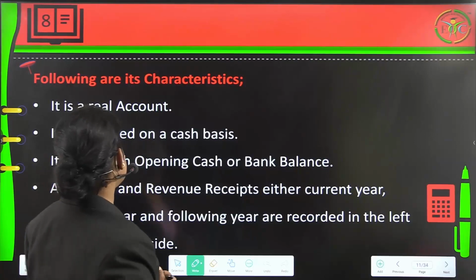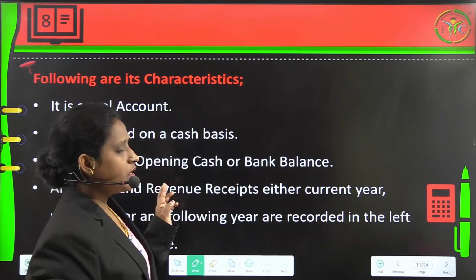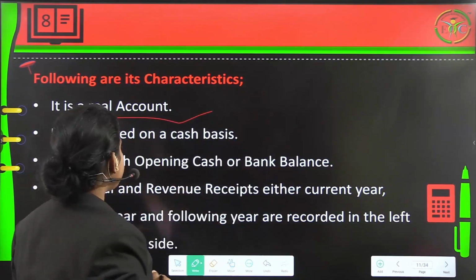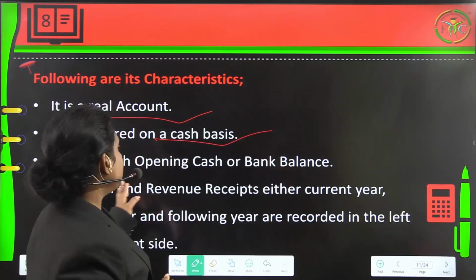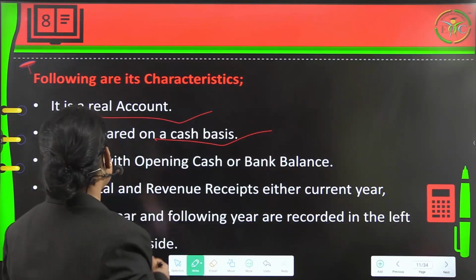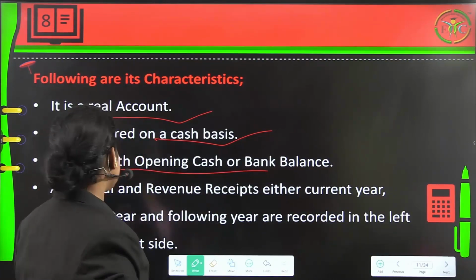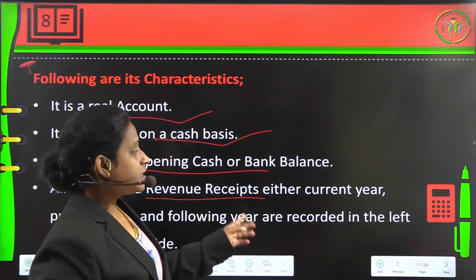So under this you can understand it is a real account. So this can be considered as what? It's going to be considered as a real account. Then it is prepared on a cash basis. Right? This will be prepared on the cash basis. Then it starts with opening cash or bank balance. Right? Then all capital and revenue receipts either current year,